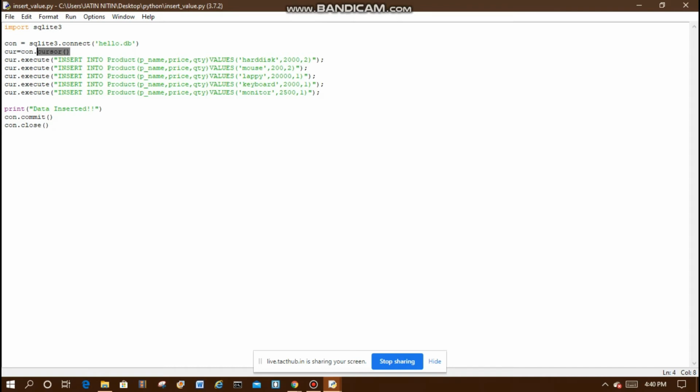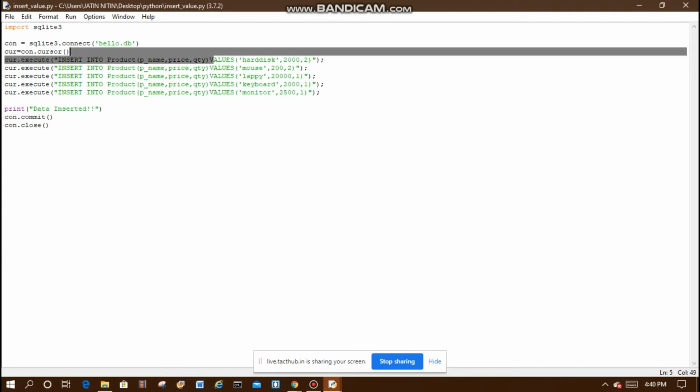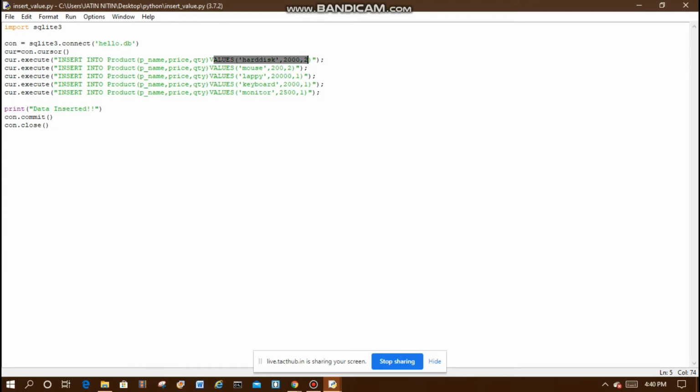This is the function that con will execute: cur.execute, insert into product. It means we are inserting values within the columns. The columns are these and the values are these. Hard disk, 2000 rupees, and quantity is 2.